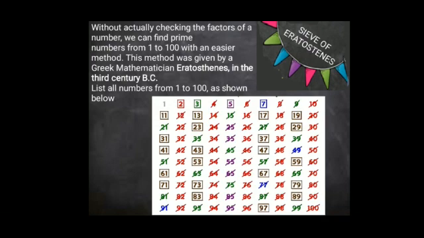In step 1, you are supposed to cross out 1, because 1 is neither a prime number nor a composite number. Then in step 2, you are supposed to make a square or encircle 2 and cross out all the multiples of 2 other than 2 itself, that is 4, 6, 8 and so on. Now you will find that the next uncrossed number is 3, as 3 is not a multiple of 2, correct? So now again encircle 3 or put it in a square box and cross out all the multiples of 3